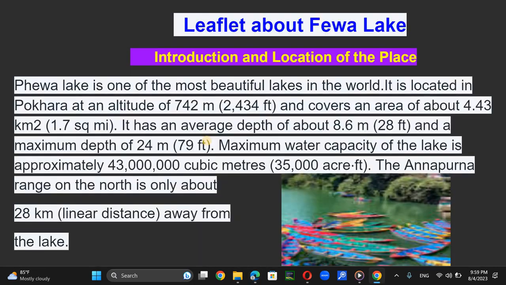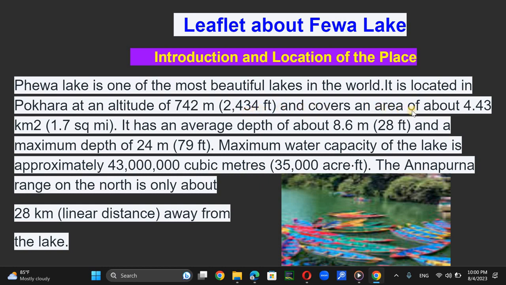Okay, dear students, this is a model. This is a sample for you. Look at it. Leaflet about Phewa Lake. Introduction and location of the place. Phewa Lake is one of the most beautiful lakes in the world. It is located in Pokhara at an altitude of 742 meters,